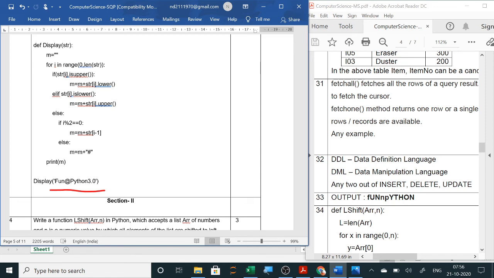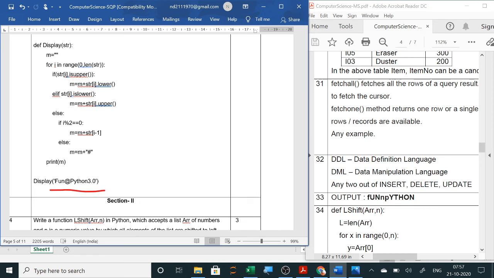Now 3.0. So here 3 is not divisible by 2. So hash will come here. In place of 3, hash will be there. Sorry, 3 is not divisible by 2. Yes, in place of 3, hash will come.